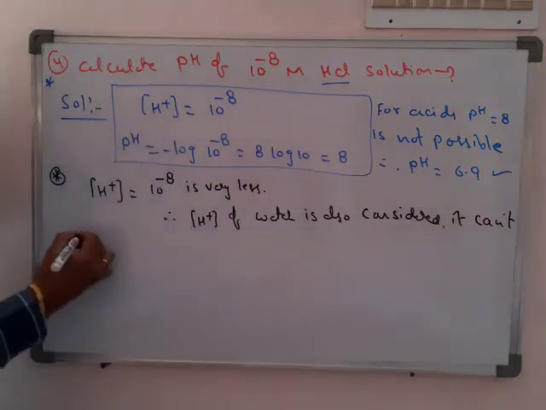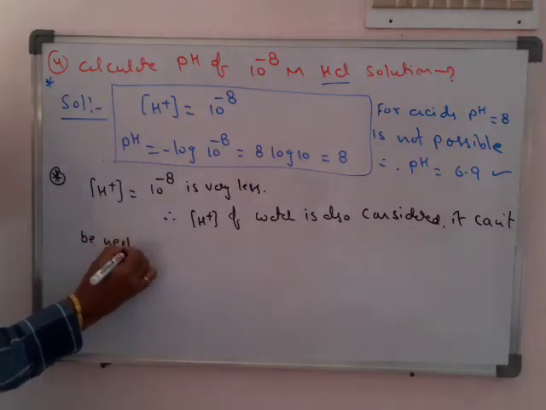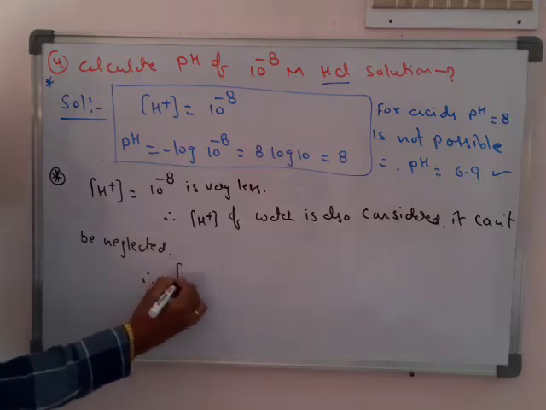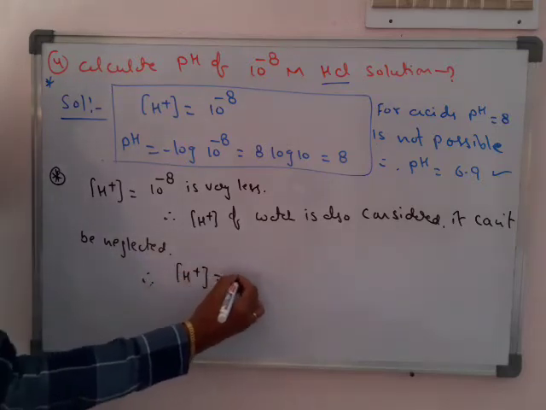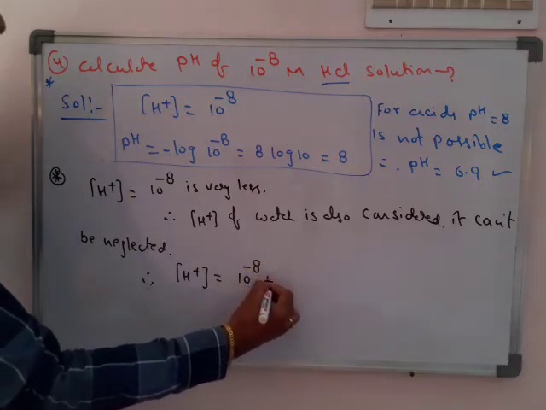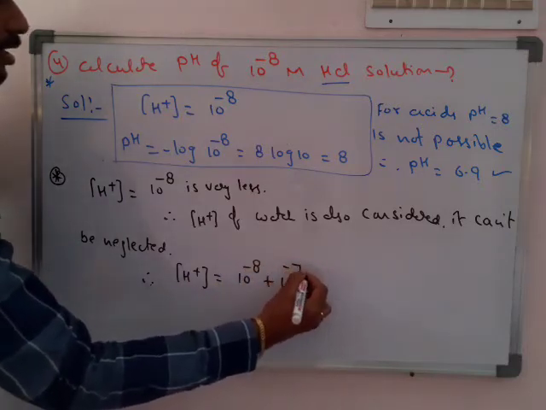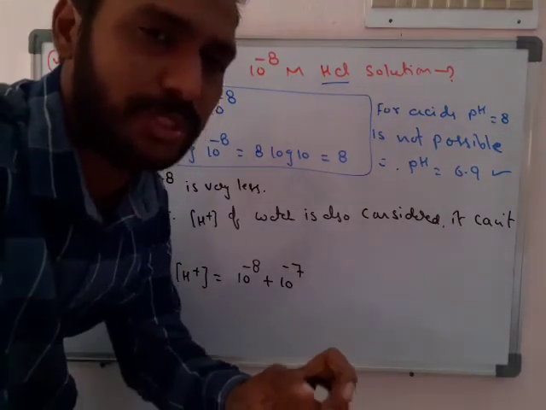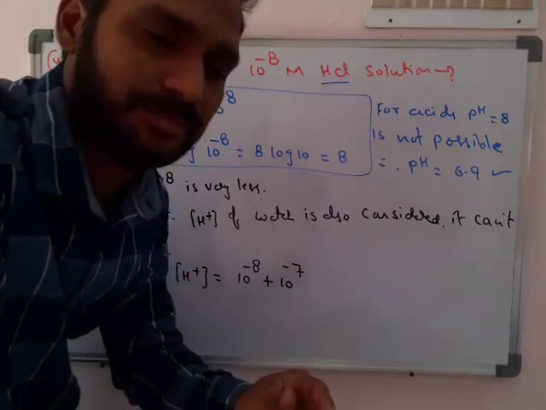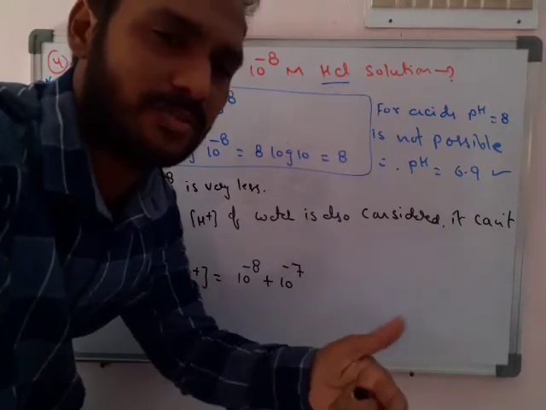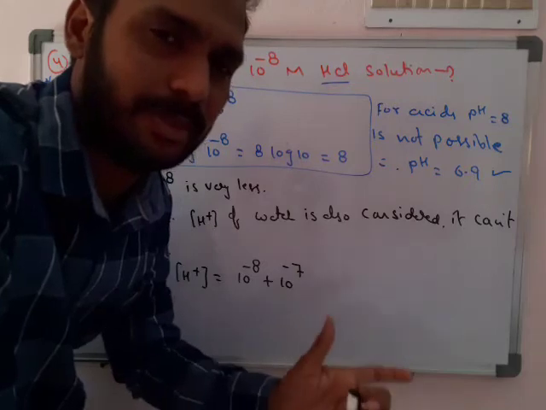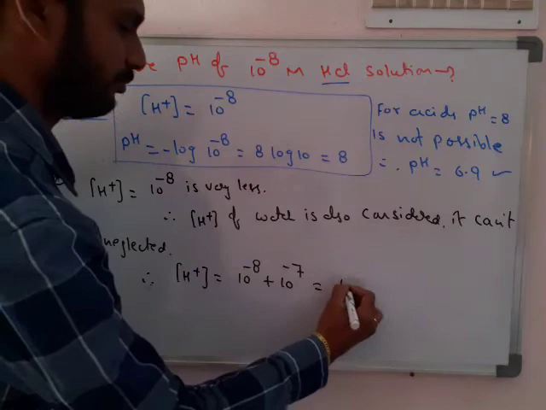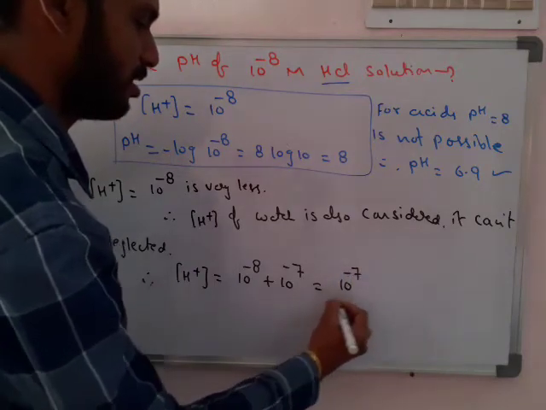Now it cannot be neglected. Therefore the final H plus in this solution is the HCl concentration and also the concentration of H plus ions in water. In every problem we neglected the H plus concentration in water, but in this problem the acid concentration is already less than the H plus concentration in water, so without neglecting it we have to add it as well. So add it, and taking 10 minus 7 common,